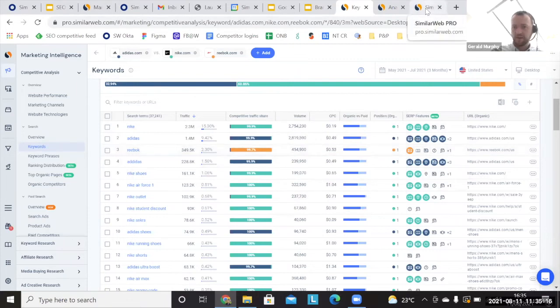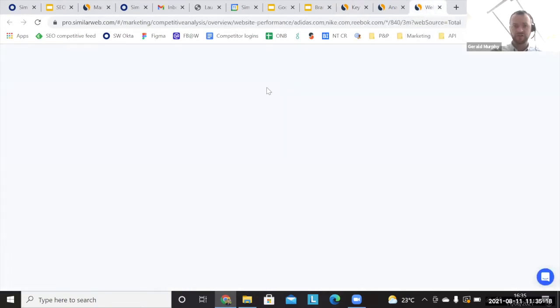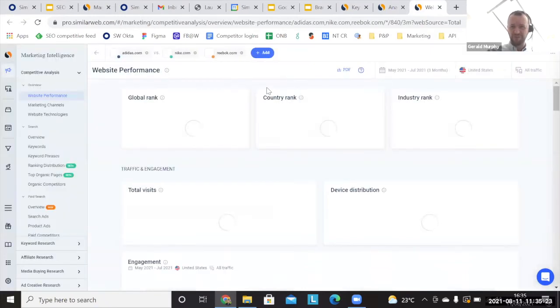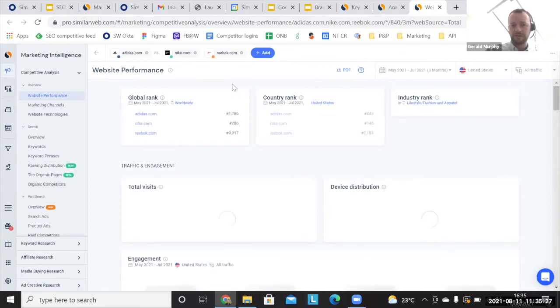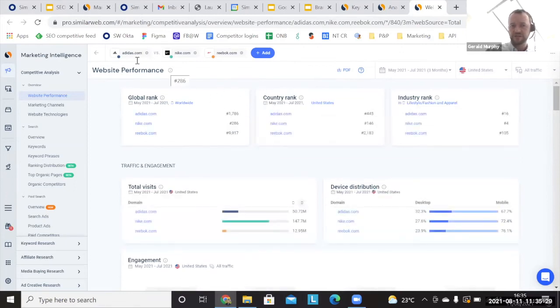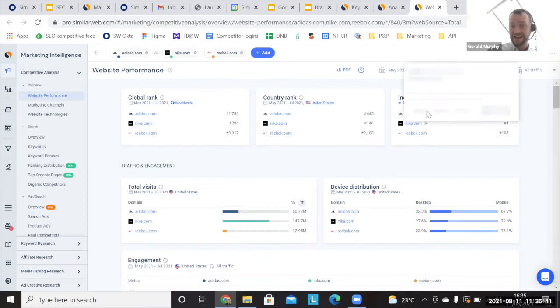And I think the other thing, definitely coming from a more general digital marketing perspective, is brands should never really be fearful of other brands as such, particularly with branded SERPs. One point I maybe kind of relayed, but I just want to recapture, is we're looking here at three quite large brands, Adidas, Nike, and Reebok. But actually overall, although Nike gets a lot of traffic globally, and probably their most important market is the United States, and they're even the fourth best website within the fashion apparel space,